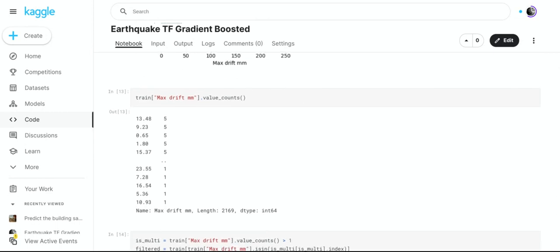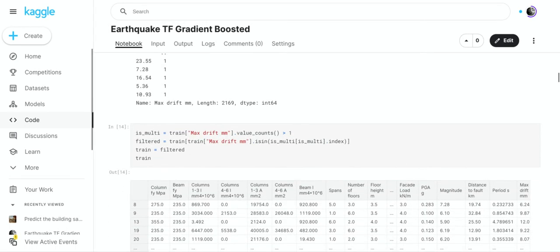Now we do a value counts after we have rounded the max drift MM to 2 digits, and you can see we've got a few instances where the max drift value appeared only once. So we're going to want to remove all of those rows of data, or examples, where the max drift appeared only once.